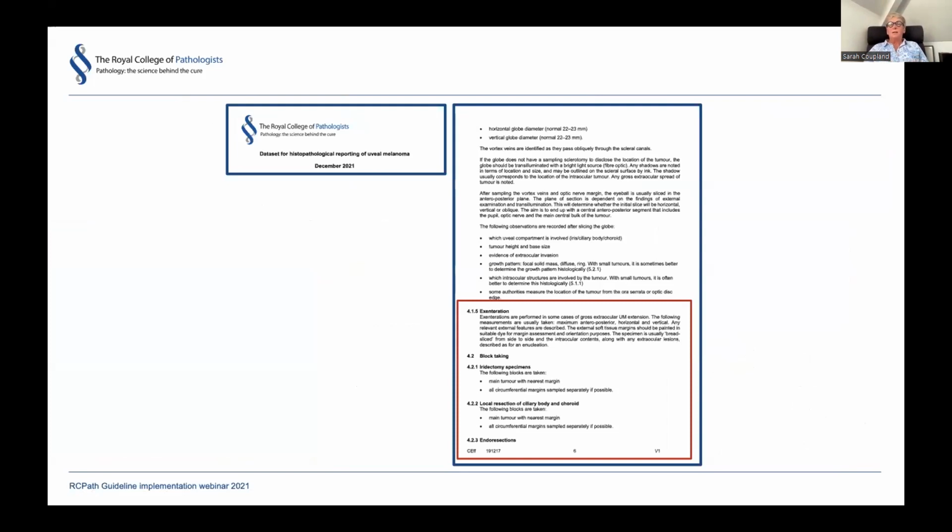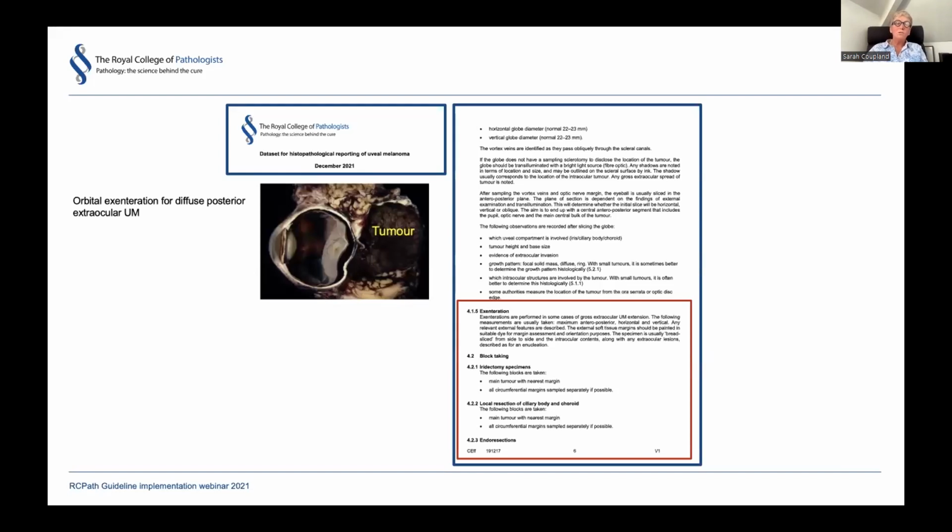So I just want to also highlight that we not only receive enucleation specimens, we receive samples which are considerably larger and those that are also considerably smaller. So an orbital exenteration we've been receiving recently as a result of advanced disease, possibly as a result of the delays in presentation caused by the COVID pandemic. But you can have a diffuse melanoma at the back of the eye, in the choroid, with extensive extraocular